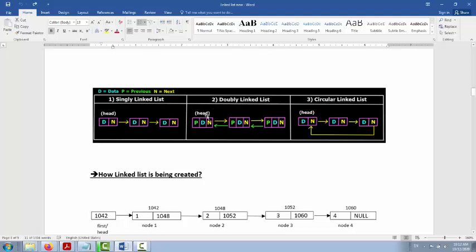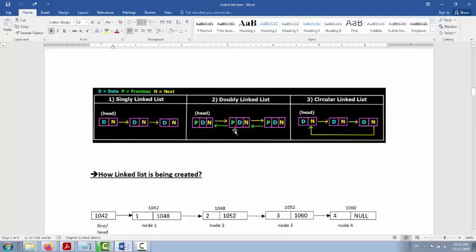Let us see the doubly linked list concept. We have a head node, and in the node we have a next and previous, both links we have to use. So it is a doubly linked list, so double links are used. First the head node is connected to the next node, and the next node is connected with the head node.